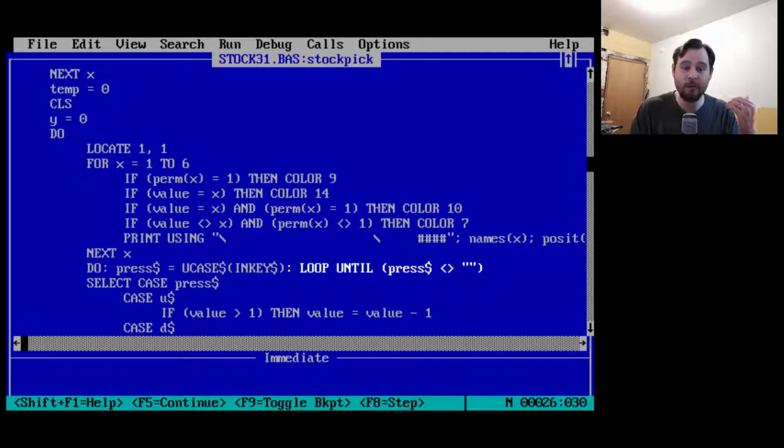If value is equal to 1, which it is at the beginning of the game, value is set to 1, and the first time through this loop, X is equal to 1, so the color is now going to be 14, which is yellow. That just means that the first time this shows up, Duff Beer, the first one on the list, is highlighted yellow. Otherwise, if it's currently highlighted and you selected it, then we're going to go color 10,